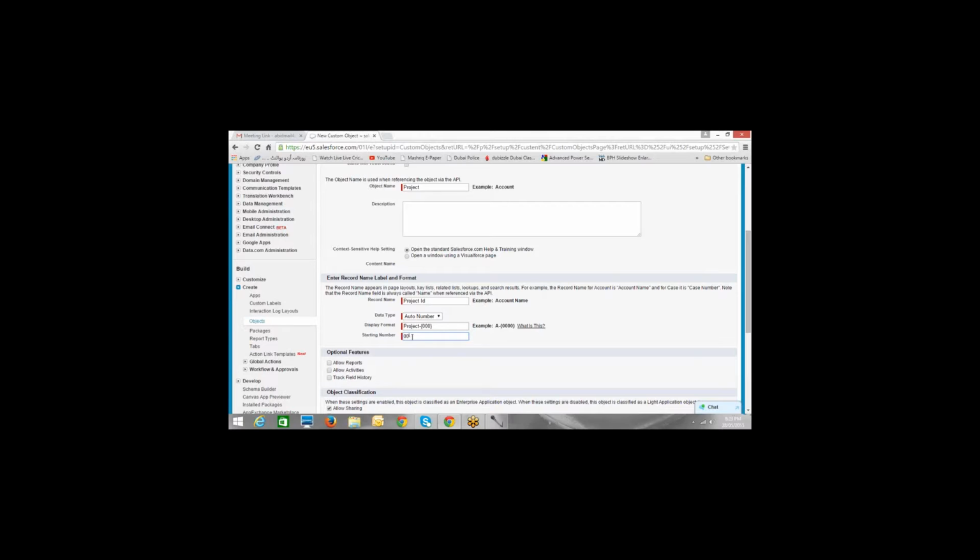This auto number, automatically generated number, will be within those curly brackets. All right, 001, 002, 003. That way, it will keep on increasing, and it will go up to 999, or 3 digits, right? So I'm pretty okay with that format.